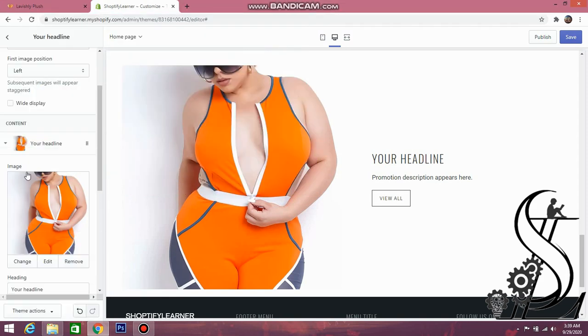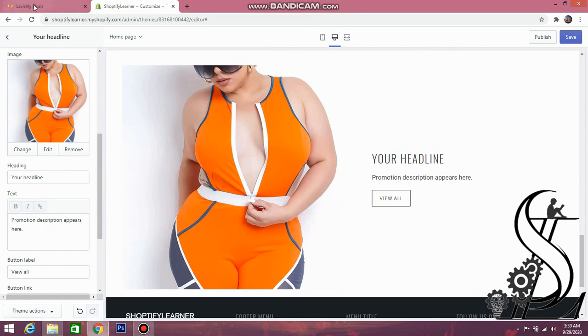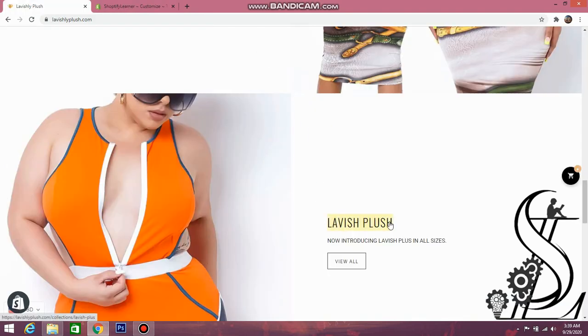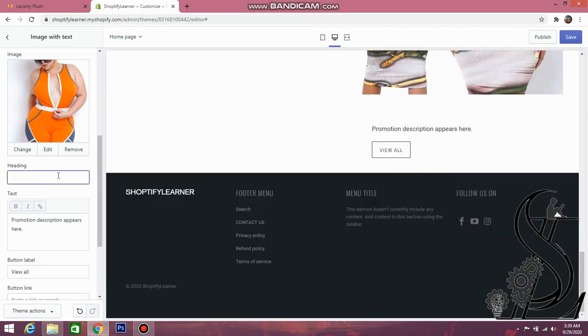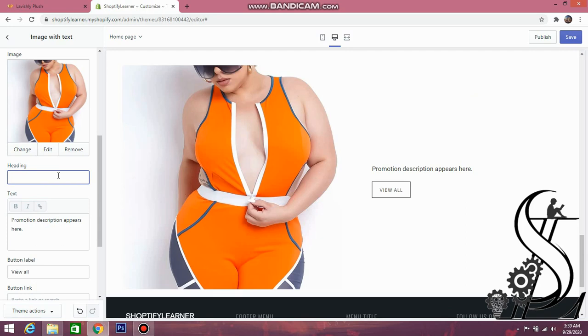After selecting the image, click OK. Now simply copy and paste the text you want. Or you can also write your own heading, for example if you want to sell some shoes, some dresses, and some other kinds of accessories, you can write the heading in this section.